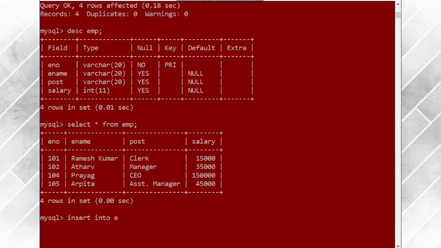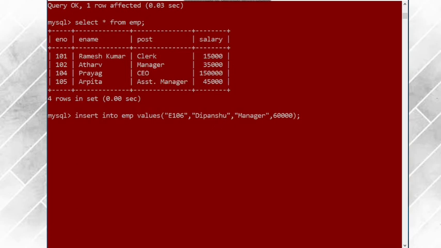Insert into emp values, and so you can see that I have entered here insert into emp values E106, because as I have given varchar as the employee number, it will be E106.